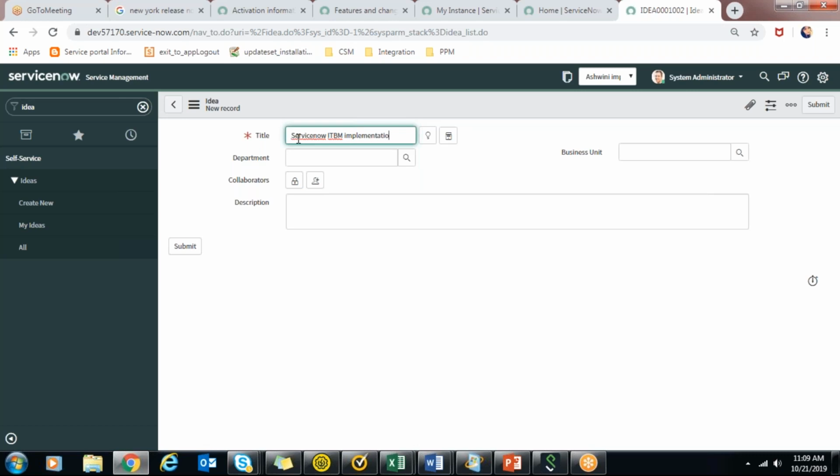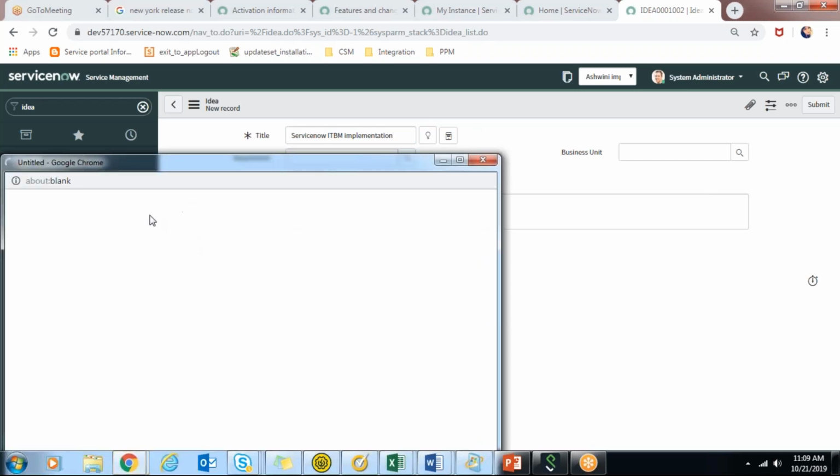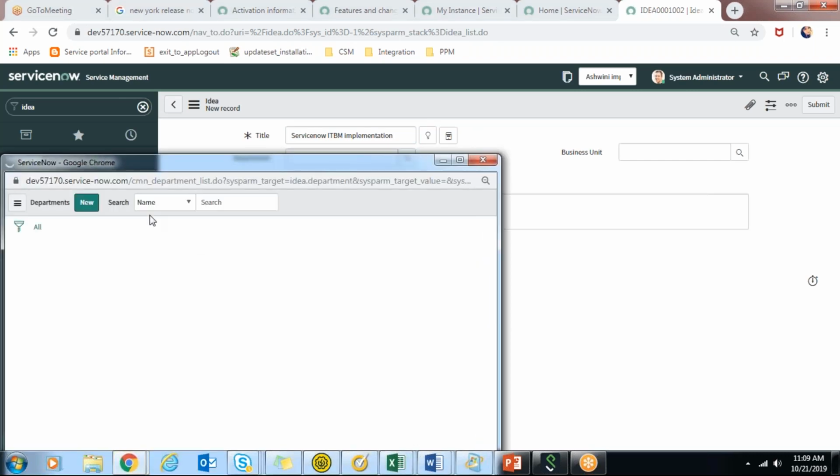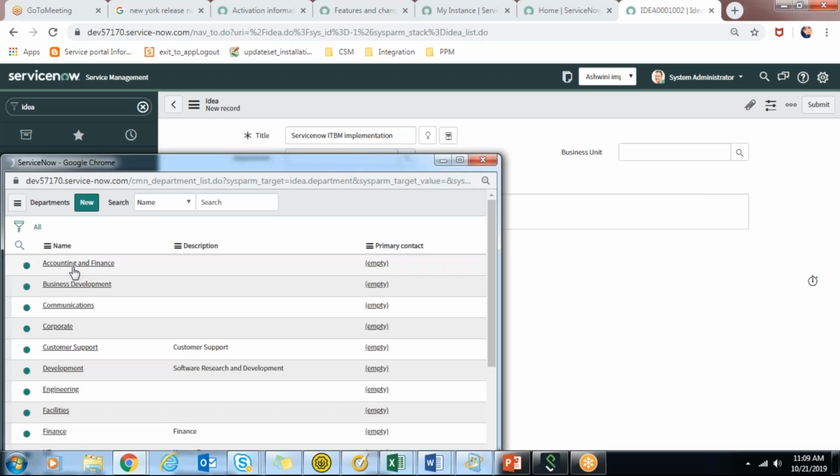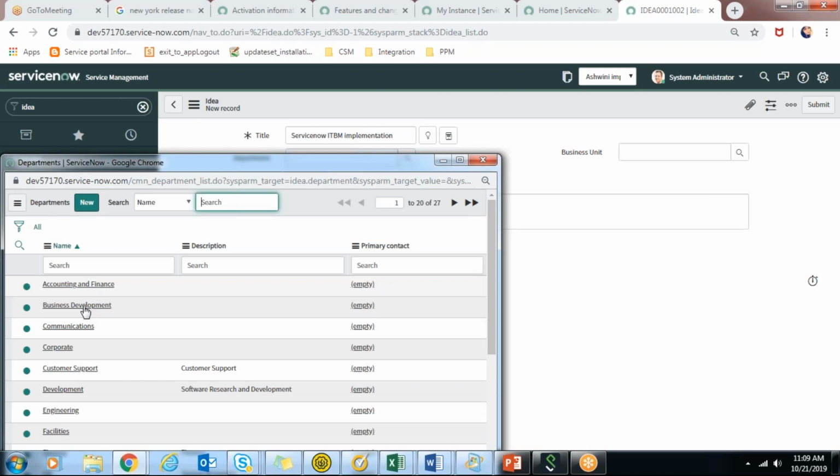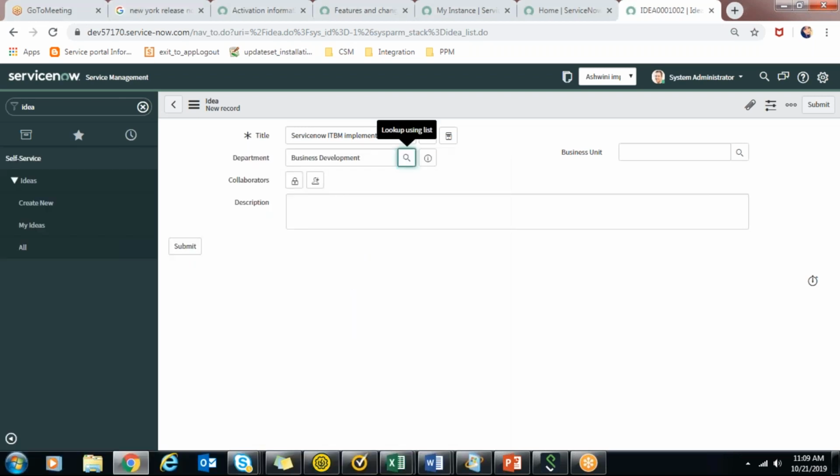Currently, in the ServiceNow project the customer is working on, it only has ITSM maybe. So somebody says that we can introduce the ITBM module. We can show the customer the benefits of this module and introduce it. So select business development, something like that. By doing this, we'll get more business from the customer.